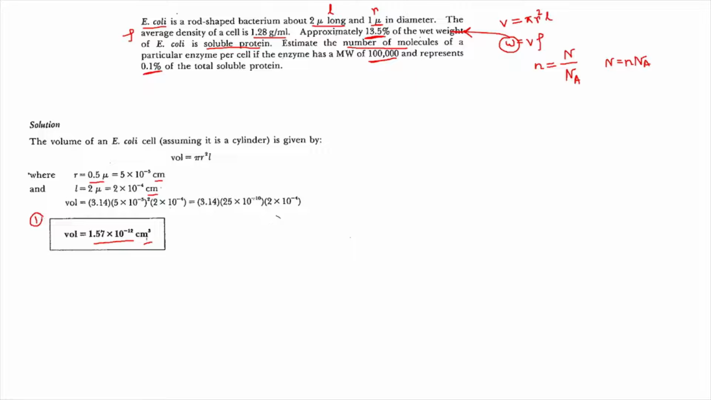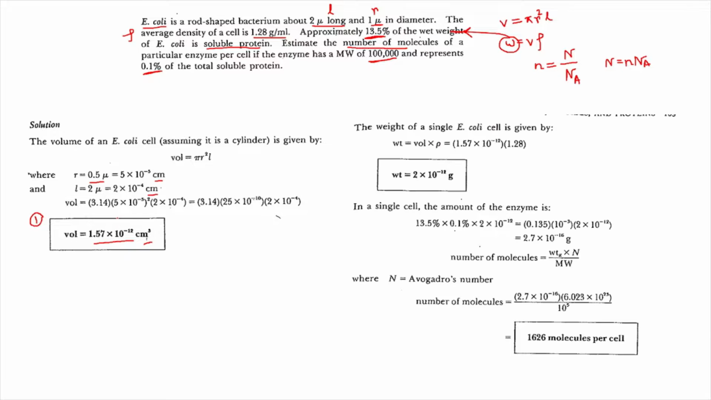Now let us proceed to the second step of calculation, which is the calculation of the total weight of E. coli cell. So how will we proceed? From volume, we will multiply volume with density to get the weight. So here, as you can see, this is the second step where we have multiplied volume with density to give the total weight. And the weight comes out to be around 2 × 10 to the power minus 12 gram. Alright, now this is the total weight of a single E. coli cell. What have they told us? They have told that out of this total weight,